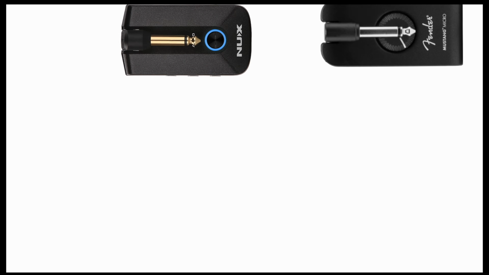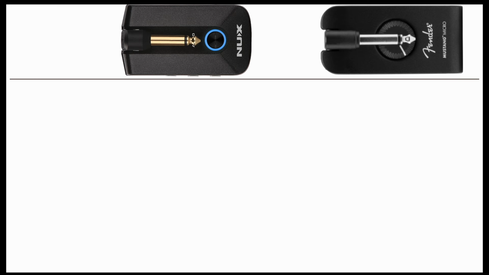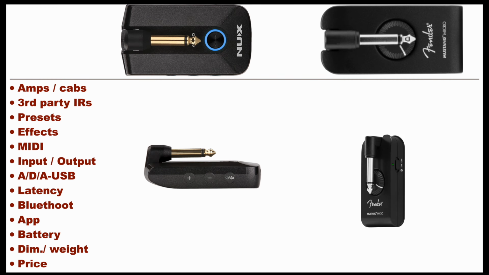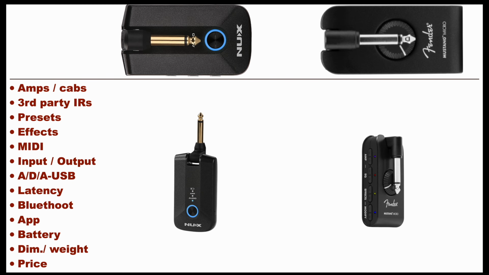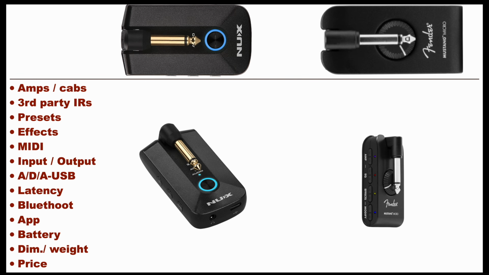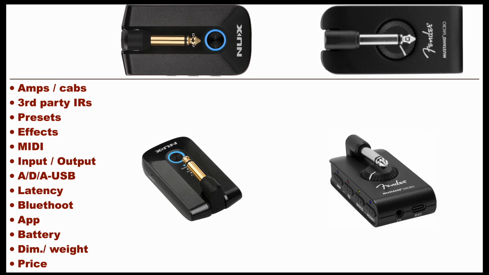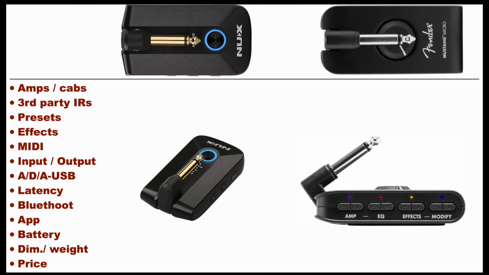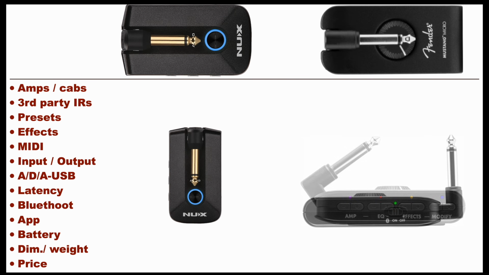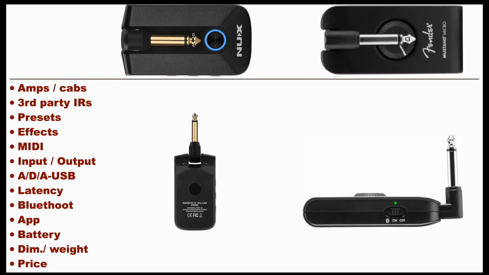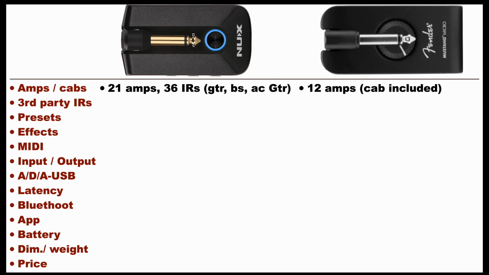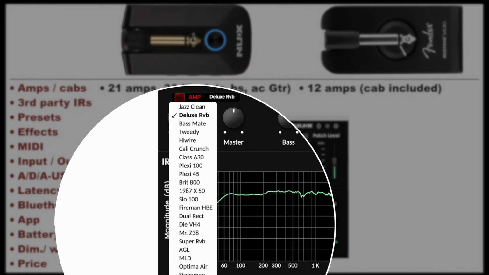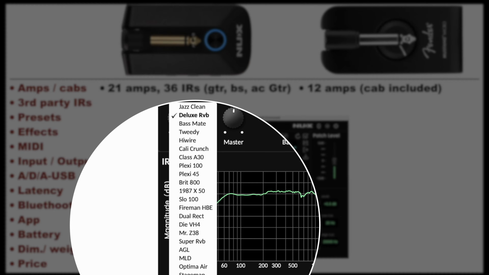We will now check out the differences between the two units as regards the following parameters: number of amps and cabs, third-party IRs availability, number of presets at your disposal, number of effects and effects chain management more in general, MIDI availability, input and output, ADA conversion and USB channels, latency, Bluetooth type, computer and mobile app availability, battery, dimensions, weight and price. First of all, the Mighty Pro offers 21 amps and 36 IRs, with amps and IRs also